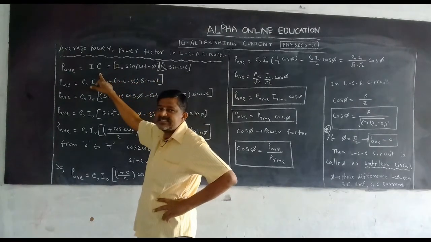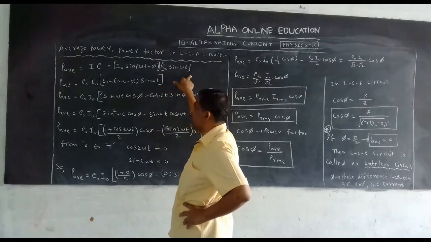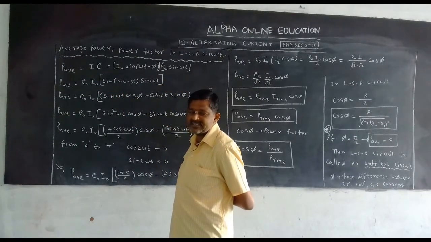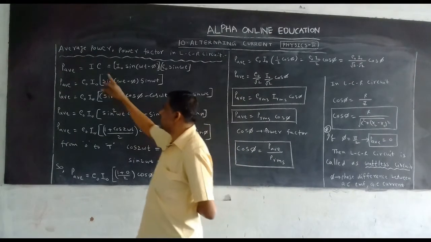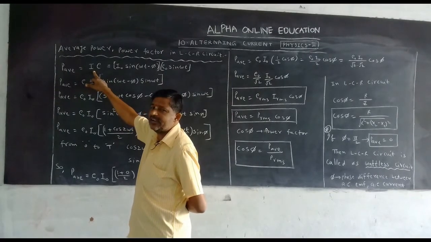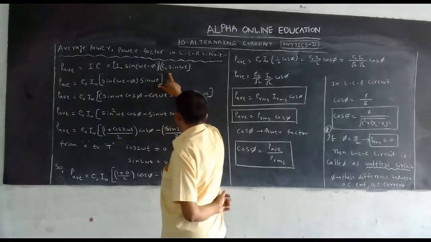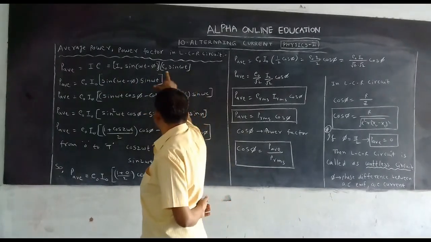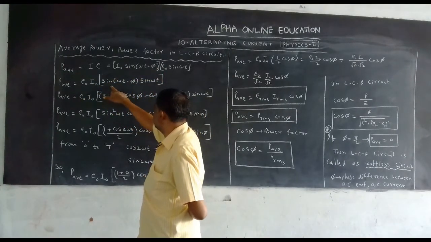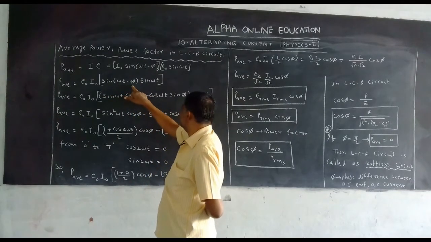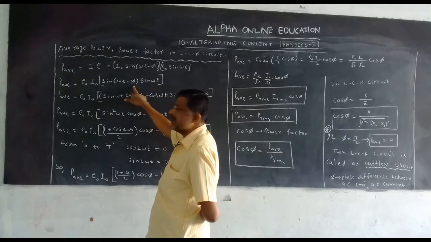And what is the AC EMF in the LCR circuit? E is equal to E0 sin omega t. Power is the product of current and EMF. Now in the LCR circuit, I is equal to I naught sin(omega t minus phi) and E is equal to E0 sin omega t. E0 and I0 are taken outside. Sin(omega t minus phi) is taken here, and sin omega t is here. Open sin(omega t minus phi).